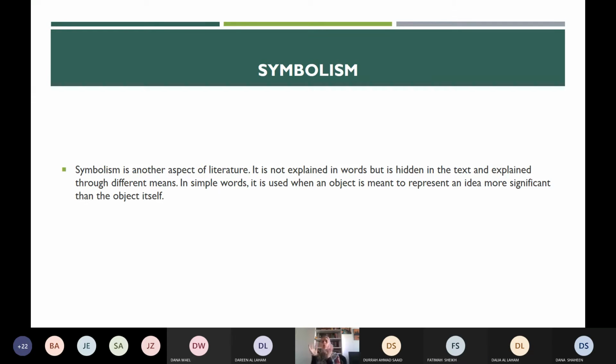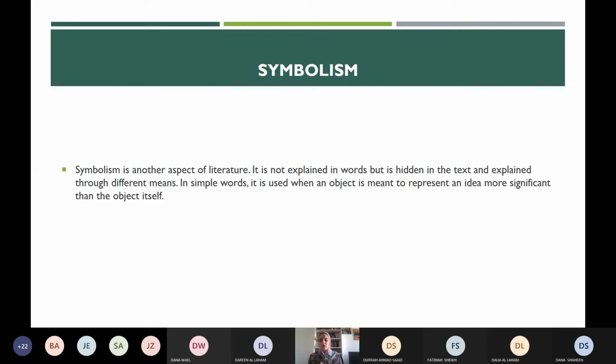When I use a dove, it resembles peace, like this sign also resembles peace. Symbolism is when a small thing refers to another thing. When I have a sword and a palm, it resembles Saudi Arabia. When I see two doves and behind them this spider net, it symbolizes the Hijrah of Prophet Muhammad. Right, girls? So symbolism is what is behind this.